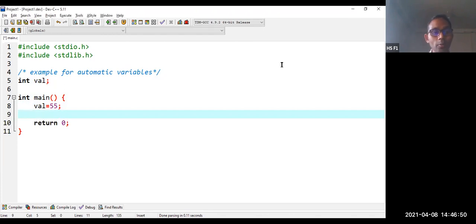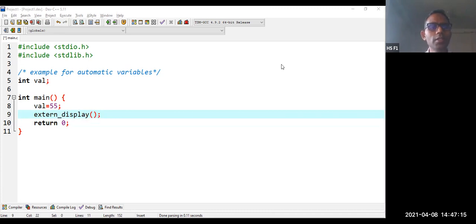So I'm going to call a function which is available in an external file. Main is one program, and the external file has another program. I'm going to call a function called extern_display, nothing more than that, return 0.